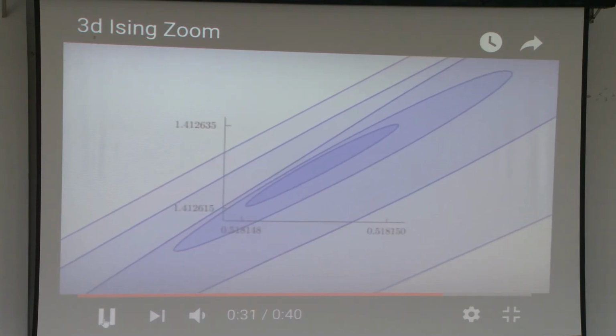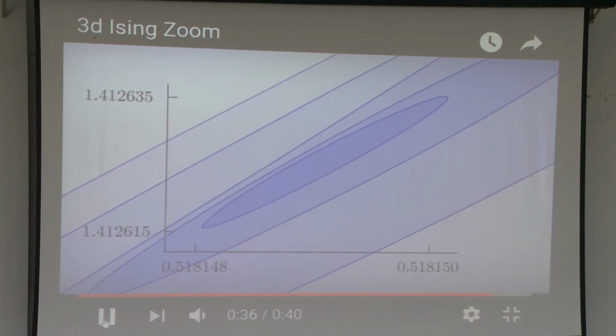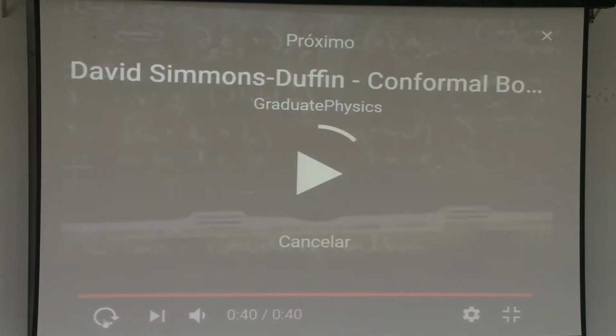So these are the current best bounds for the 3D Ising model. And look at the scale. Okay? These are rigorous bounds, assuming that there's only